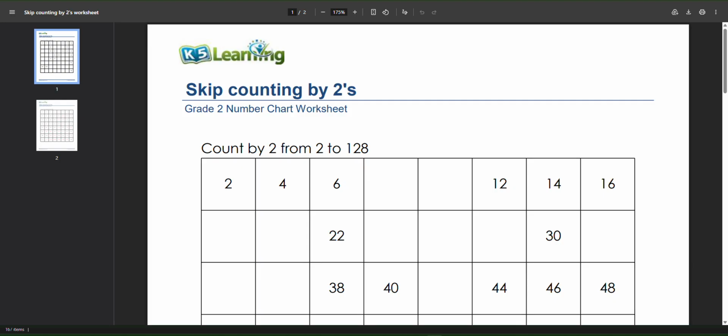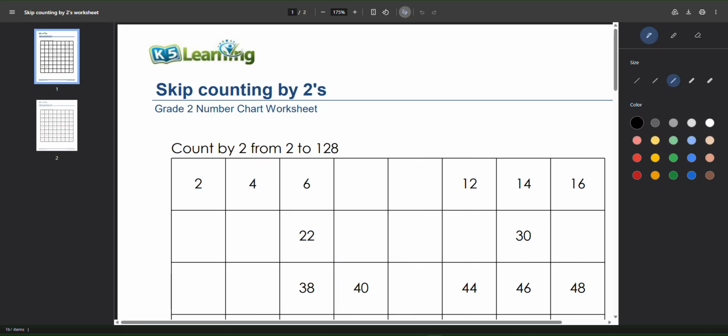So I've got this up right now. We're going to switch into our drawing and we're going to do green. So when we're skip counting by twos, it's like we're counting by twos. So 2, 4, 6, 8, 10, 12, 14, 16, 18, 20, 22,